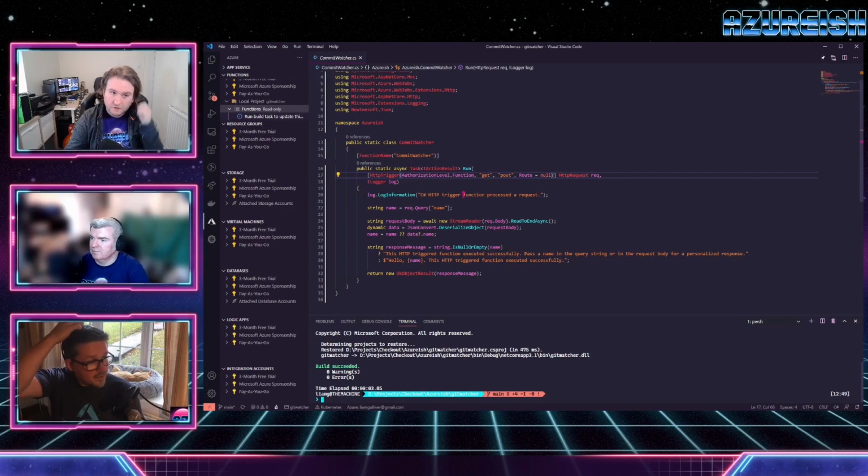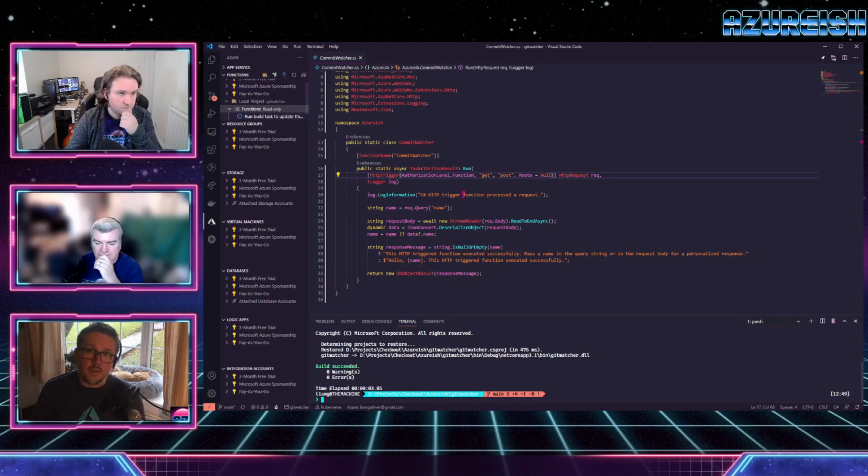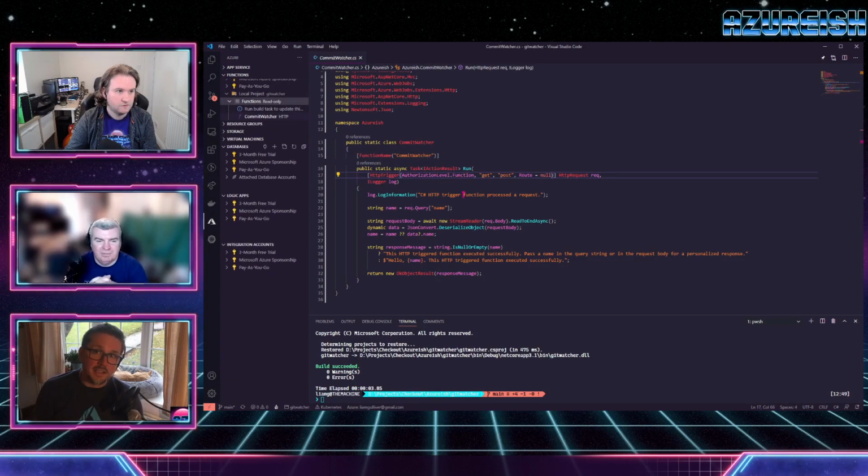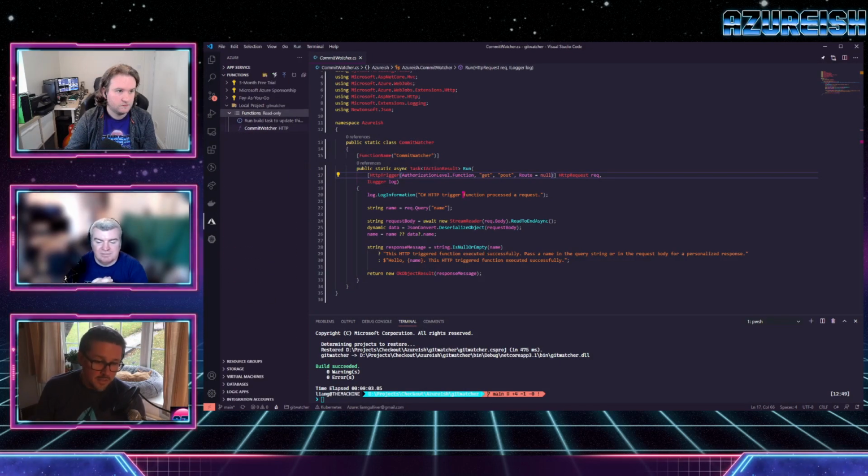I do have to say that my love for .NET CLI does increase. As much as I pointed to the extension, it is nice to just go back to simple commands to just build, run, deploy, and the AZ command stuff. I do enjoy using the CLI a lot. Certainly creating new projects and stuff that's way easier than file new project in Visual Studio. Just .NET new, whatever you want, Blazor Wasm or console, and you're off and running.